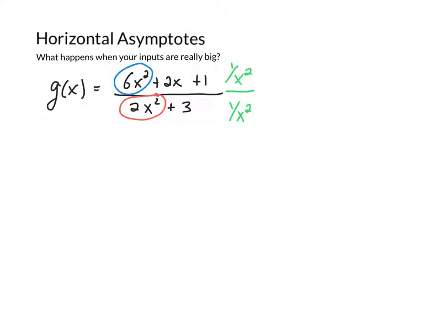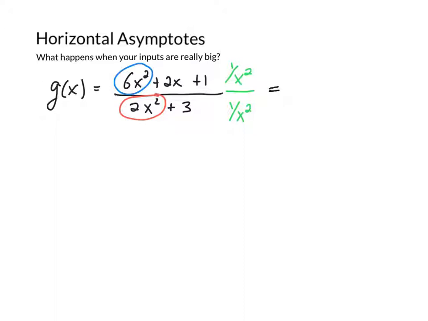I'm going to take 1 over x squared, and I'm going to multiply it through in my denominator. Now I picked this in particular, 1 over x squared, because that's the leading term, right? So the degree of this is 2, so I'm going to divide by 1 over x squared. And so when you do this,